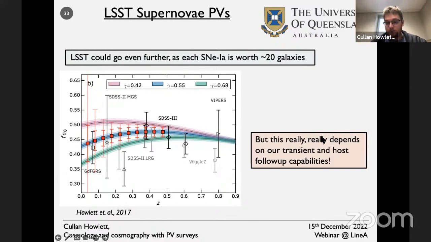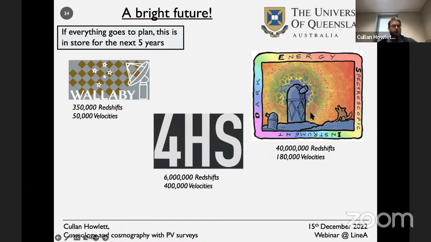But this really does depend on our transient and host follow-up capabilities, which are still very much uncertain, I think, for LSST. And so I want to just end with this slide covering basically some of the surveys that I've mentioned. And so the future in this field, I think, is very, very bright, especially if everything goes to plan over the next 5 years. And if you sum up all these numbers,